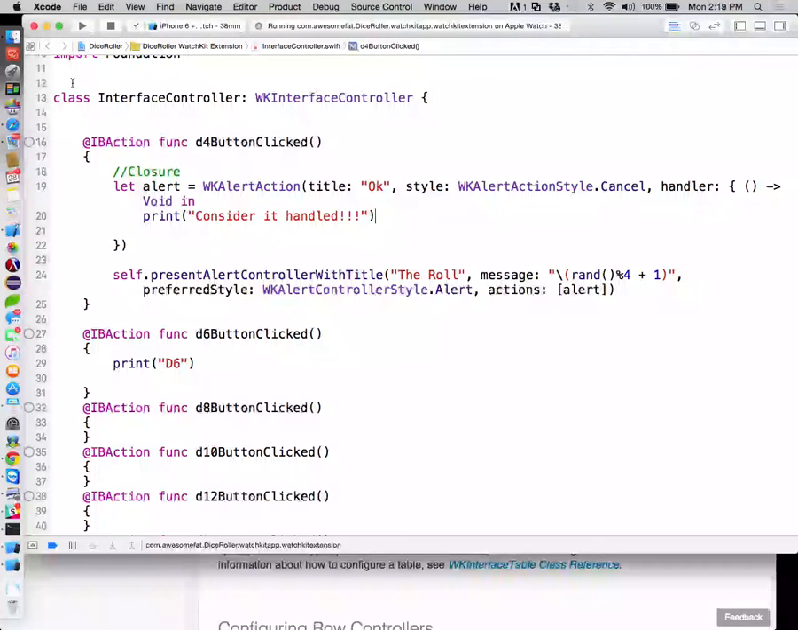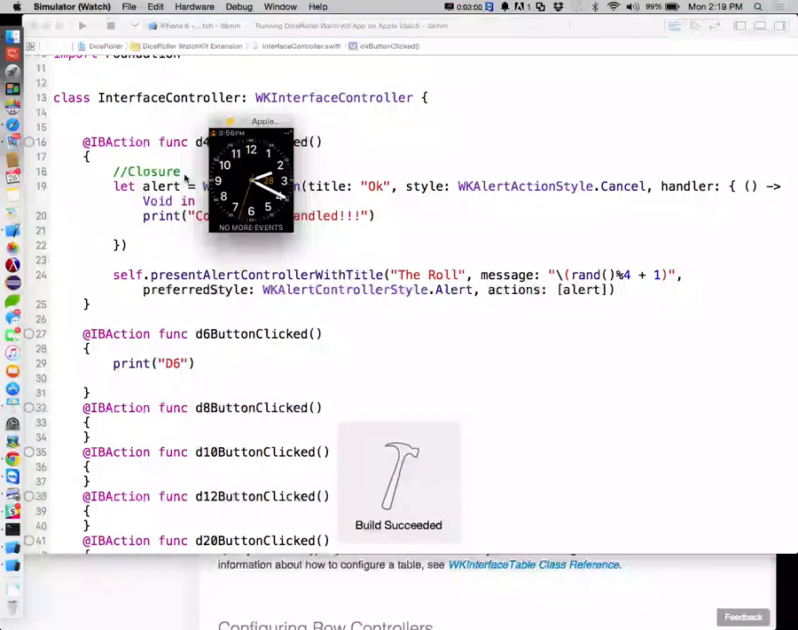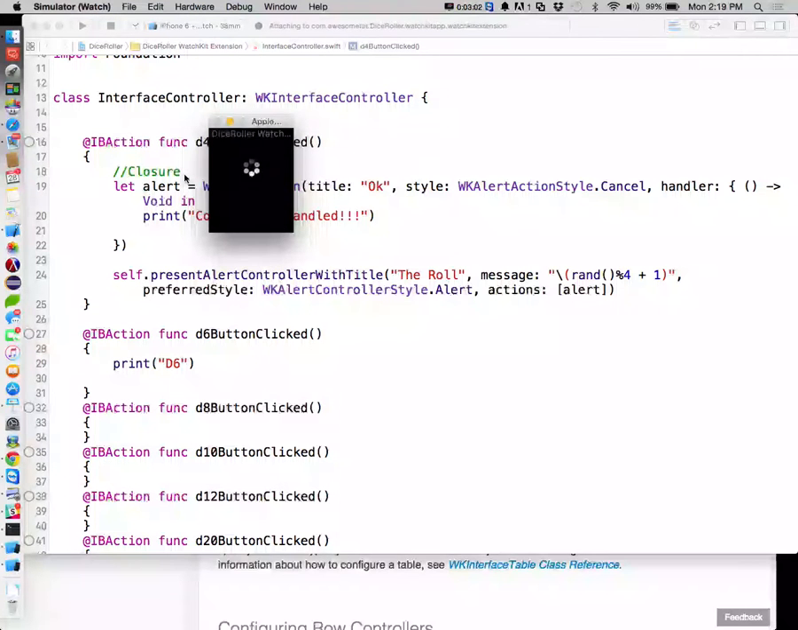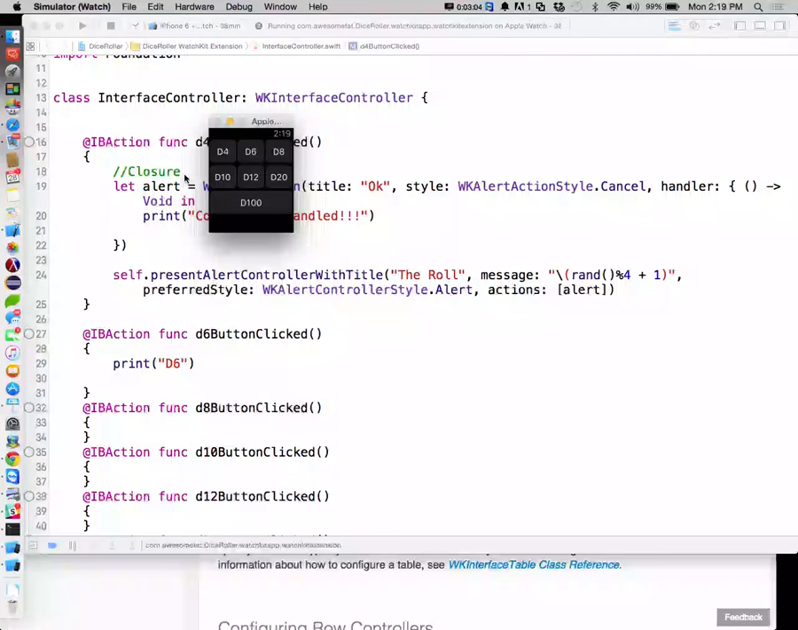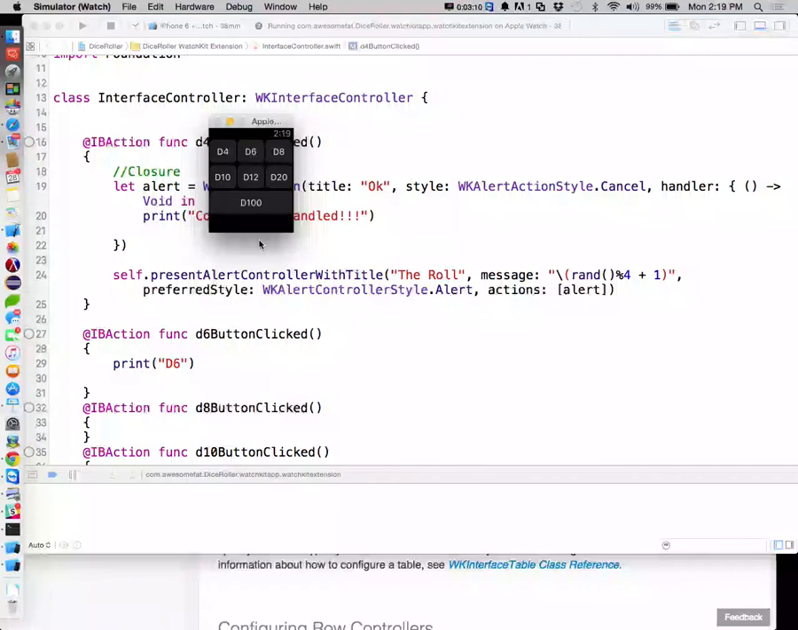All right. So now, upon us clicking that OK button, which will be part of the style cancel, it'll call this handler, passing nothing as a parameter, and ultimately it'll say consider it handled out to the console. So that's our way of doing something in response to them dismissing that alert or clicking one of the buttons in the alert and that kind of stuff. So there's our D4. When I hit OK,